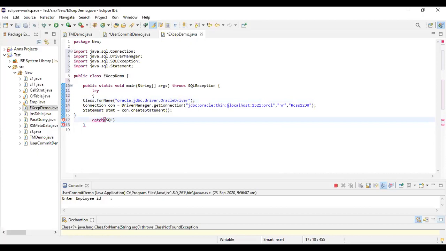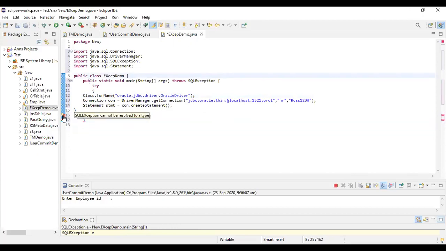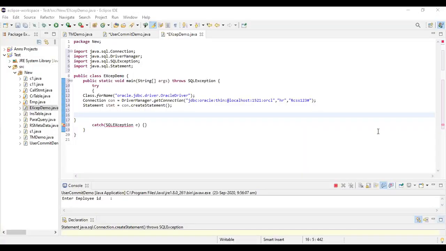I'll go for SQLException. Catch SQLException e. Okay. I now have a simple program.